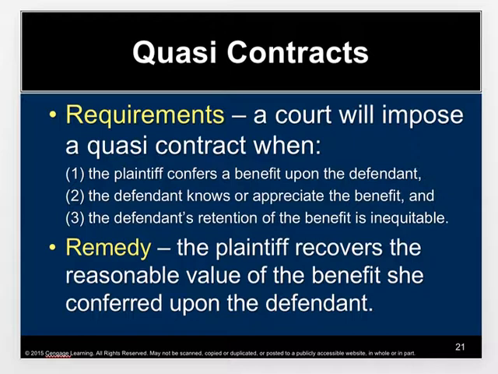So let's look at some of the requirements. A court will impose a quasi-contract when the plaintiff confers a benefit upon the defendant, the defendant knows or appreciates the benefit, and the defendant's retention of the benefit is inequitable. We call that unjust enrichment legally. So in other words, let's go back to my painter example, right? Let's say